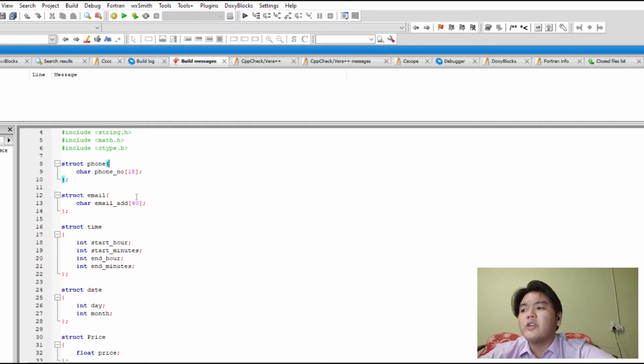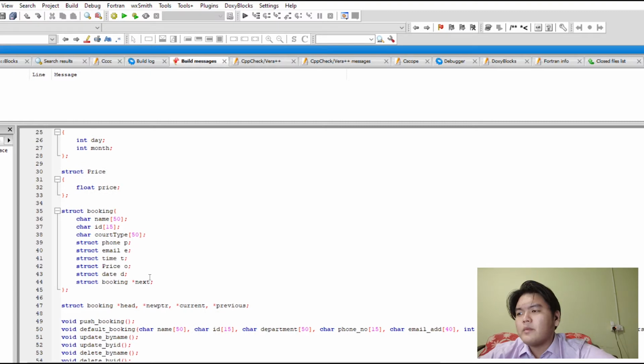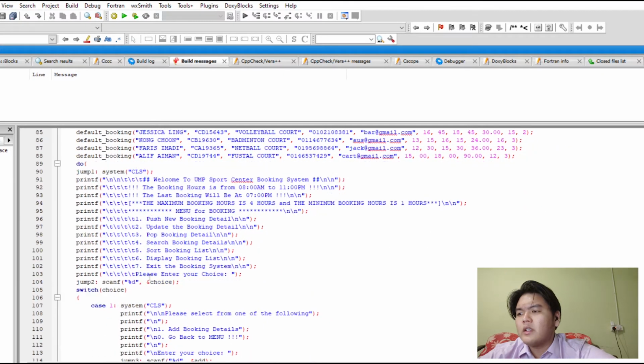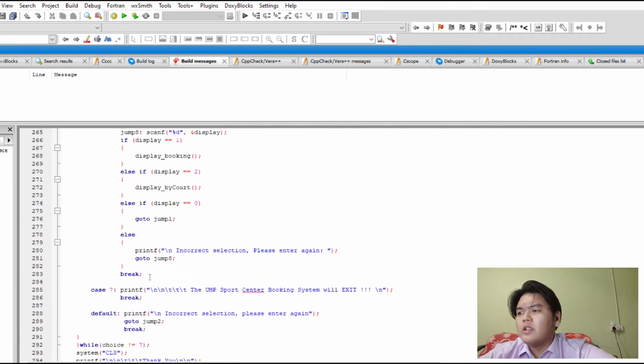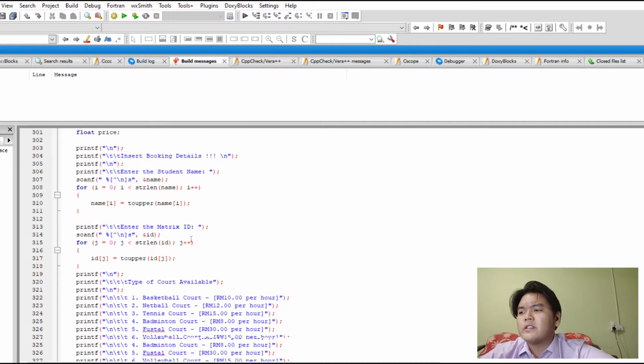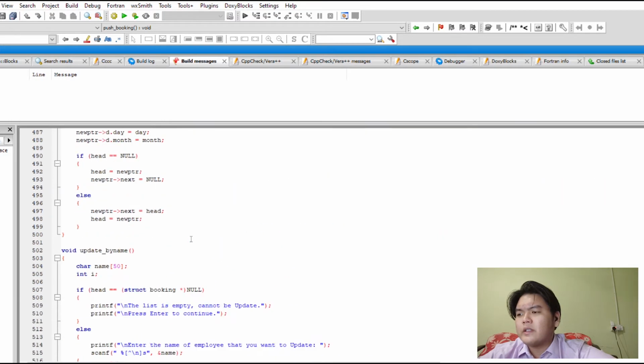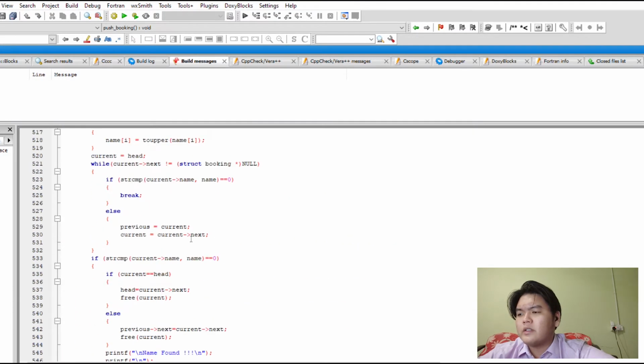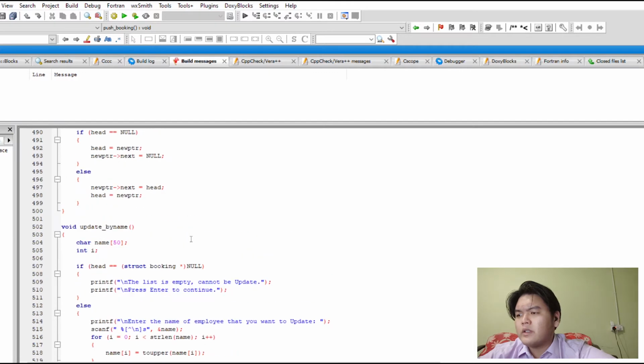This is the structure that we declare for our mini project. This is the push function, which is used to add new booking. This is the update function by name.